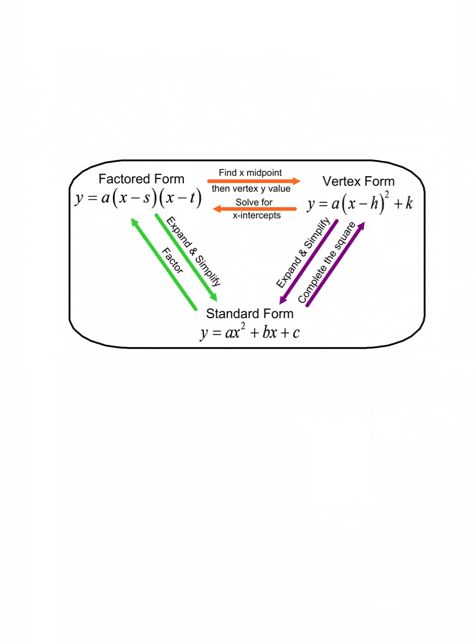Hi everyone, today we're going to look at Unit 5, Lesson 5, Completing the Square, Part 1. So in our last unit, we looked at how we could go between the different forms of a quadratic, and the one that we said we were going to cover in this unit is completing the square. So we're going to take a look at that because right now, as of last unit, we learned how to go from standard form to factored form and then to vertex form. So we were kind of taking the long way around, but now we're going to see what's that shortcut that gets us right to vertex form and standard